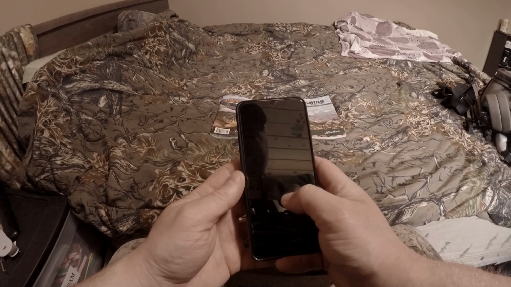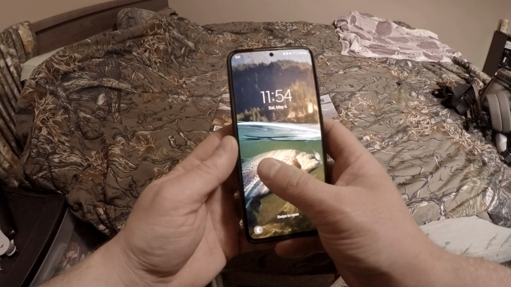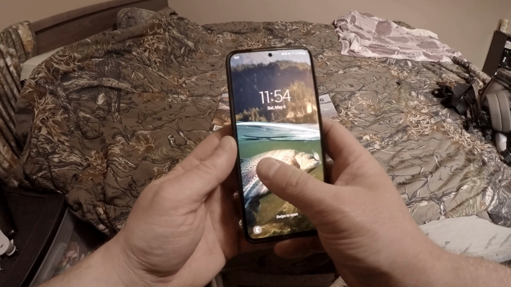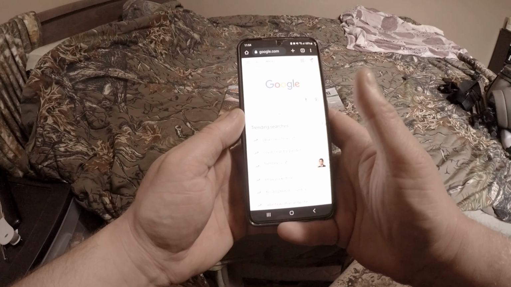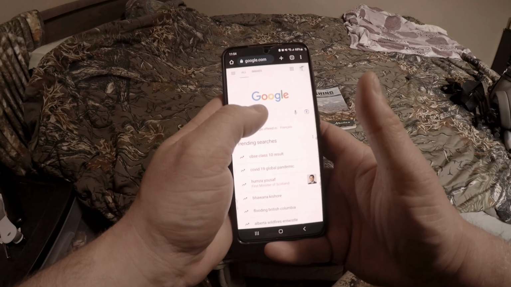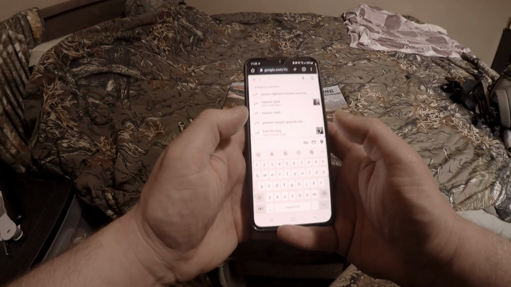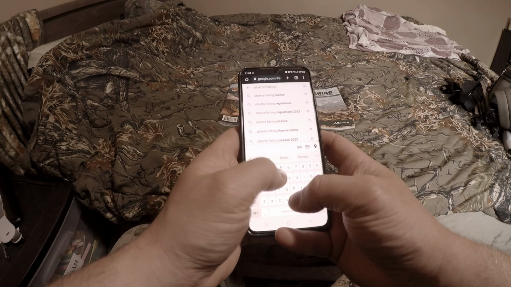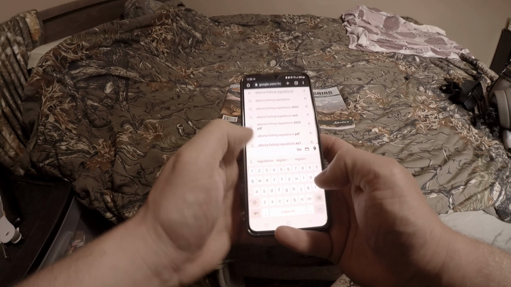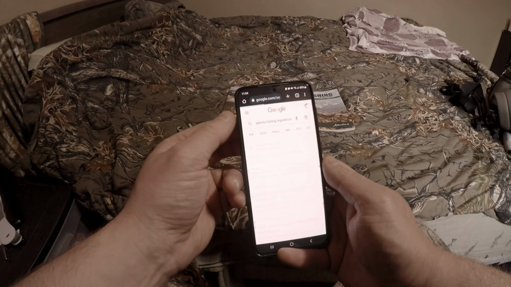Alright, so let's show you folks how you can download the regs to your phone. This is an Android device, however the principle is the same for whatever phone system you have. You go to Google and type in Alberta Fishing Regulations. We will click the top one here,